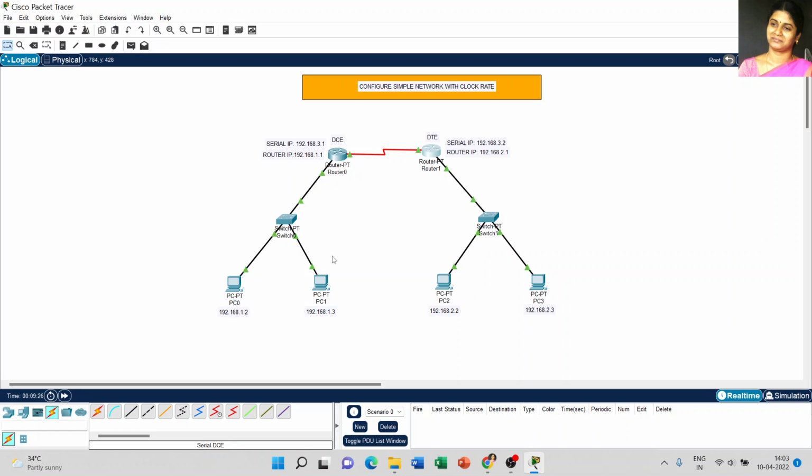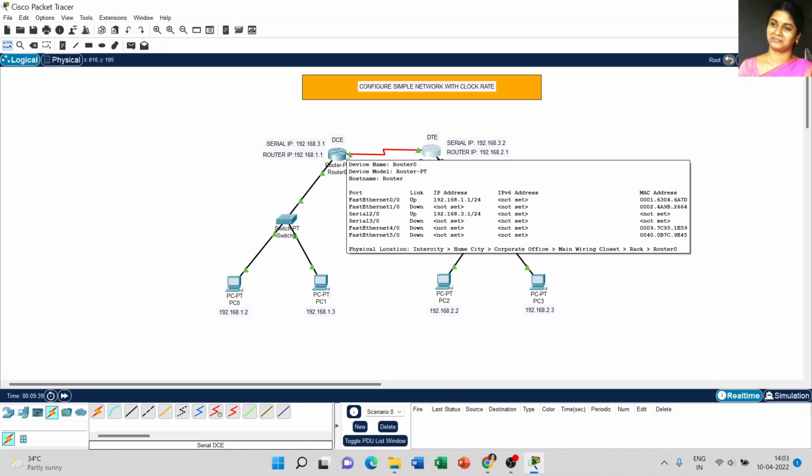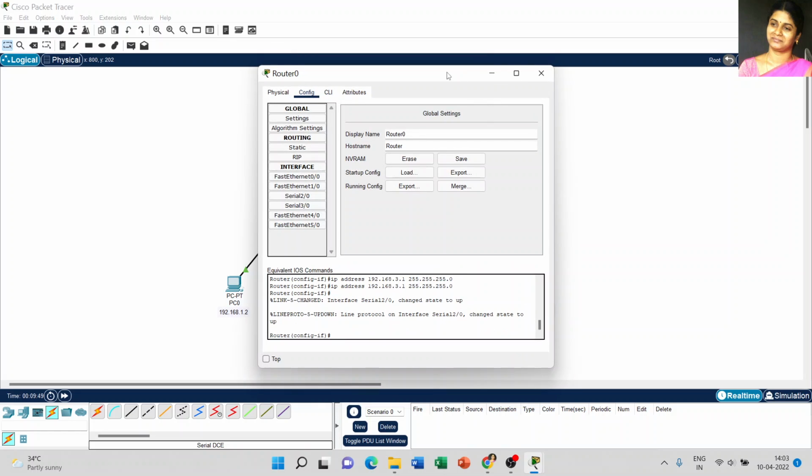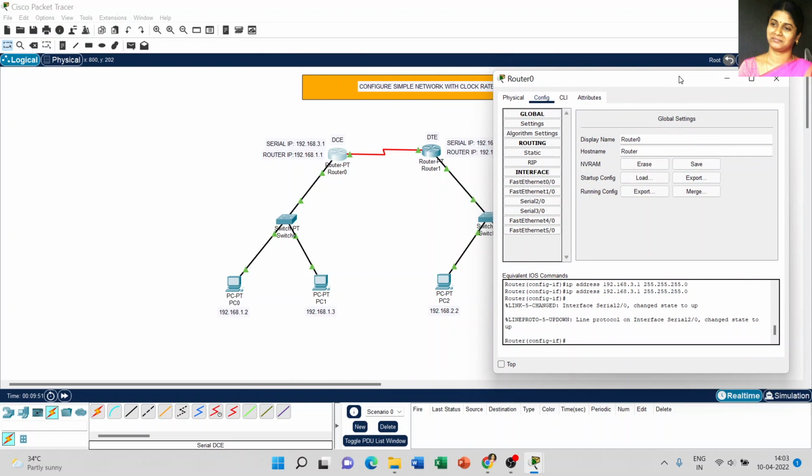Now we have to set the static IP address for both routers. So already we set the IP address for router 0 and 1. We set the serial IP address, and the next step we have to give the static IP address for both routers. I forgot to inform one more thing here. When we set the serial IP address,